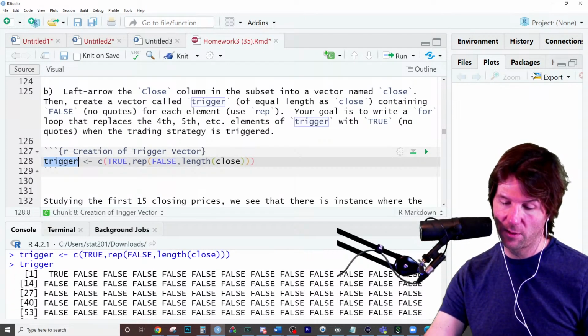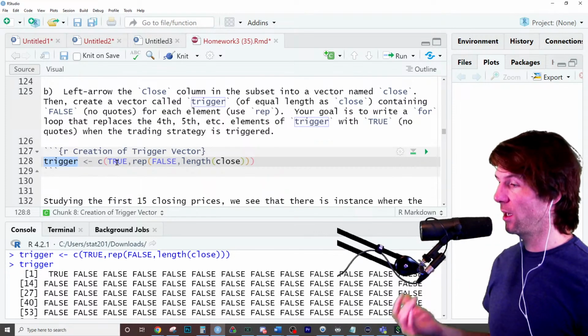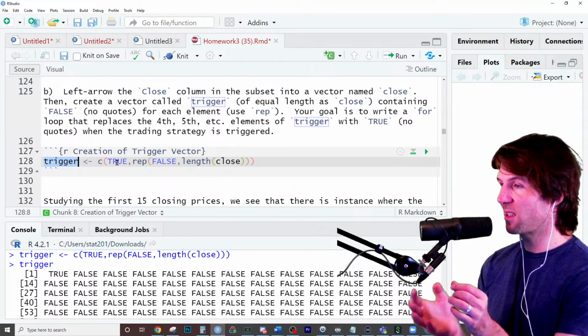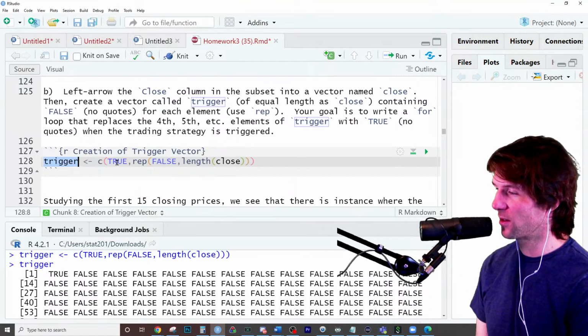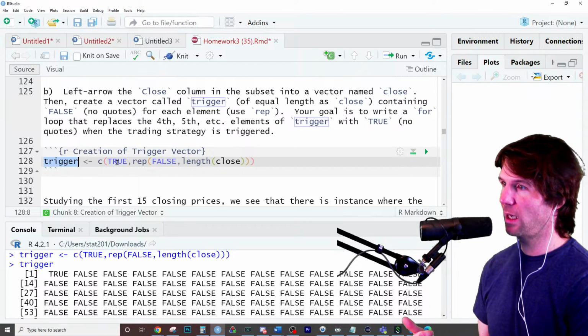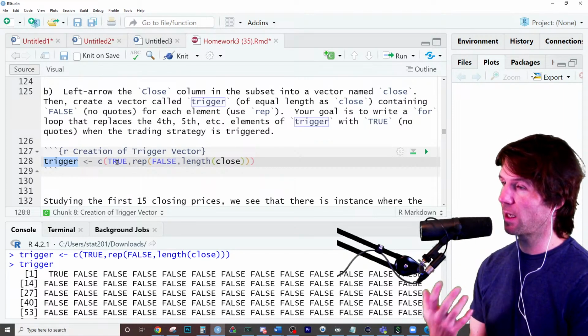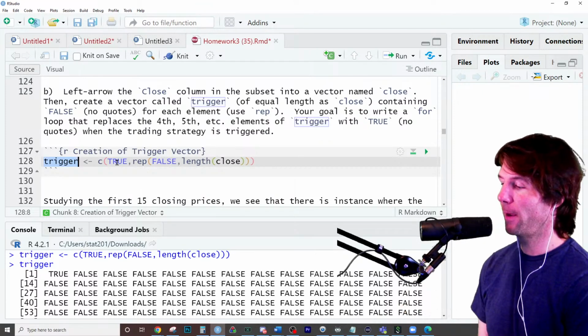So if you wanted to say the first element is true, but then add to it this, the concatenate allows you to join things, but the rep itself will do it for you. Does that make sense? If you concatenate with a rep inside of it, you're just saying the first element is a true, the second element is a repeating of it. Yep. Excellent work right there.